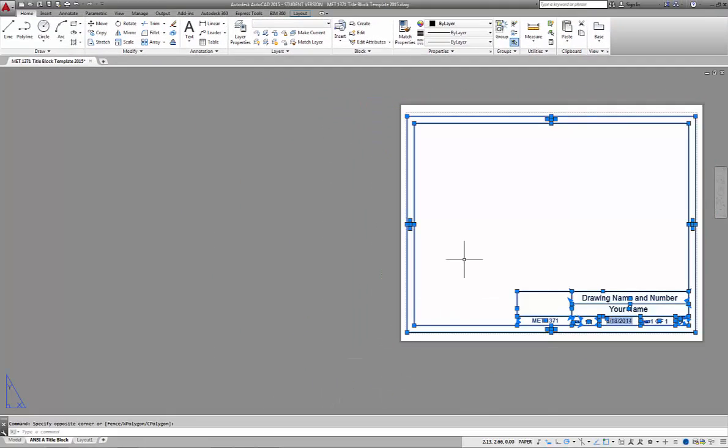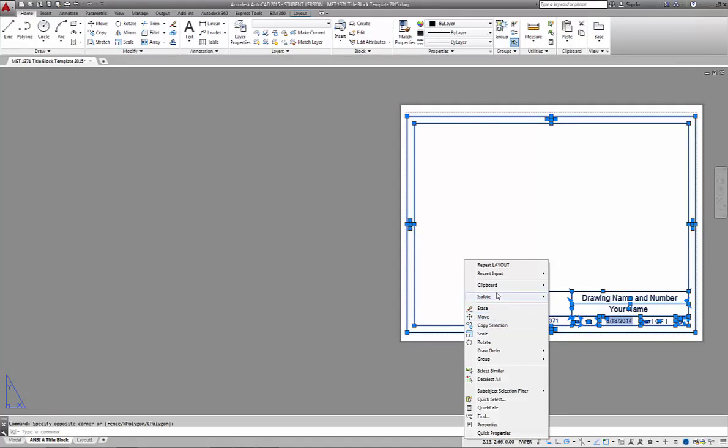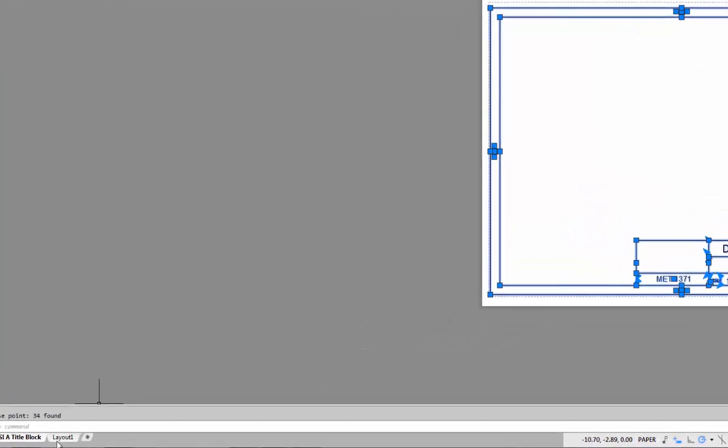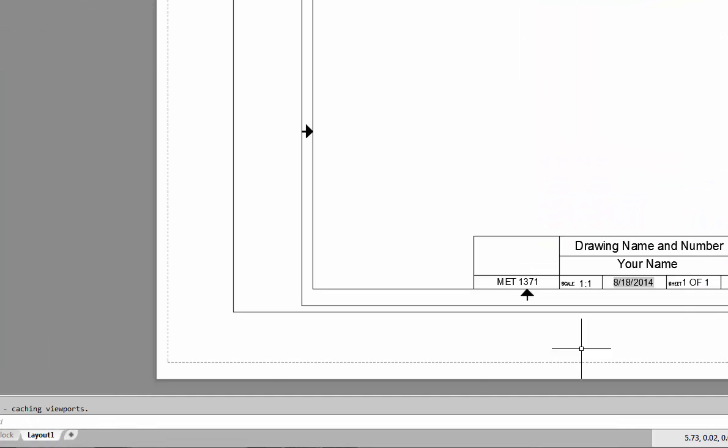Something you need to learn. We're going to right mouse click, under clipboard again, copy with base point. We'll pick that as our base point. We're going to go to layout number 2, but layout number 2's got that viewport already, and it's still an